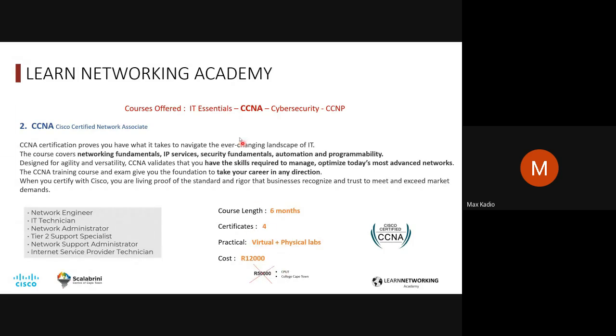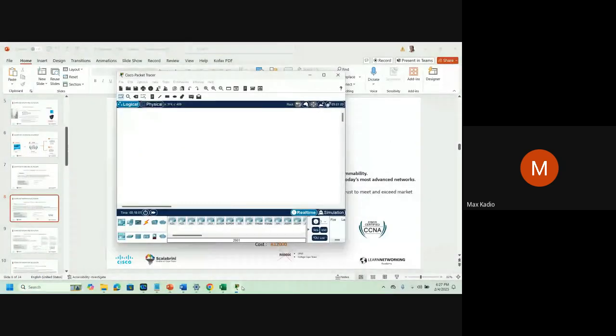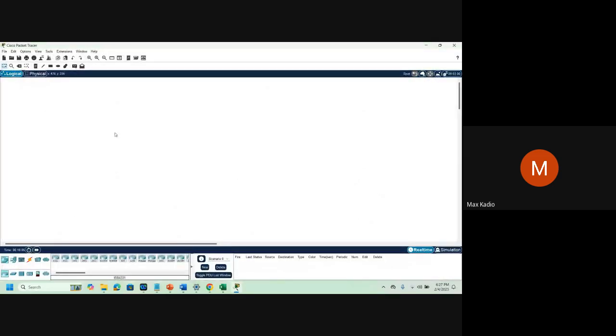So what is a virtual lab? Virtual lab will use something called Packet Tracer, Cisco Packet Tracer. It's a simulator. It means it's a tool to play around, as if we're in a real company. So assets, you can have a laptop here, a PC, a server, even a printer.